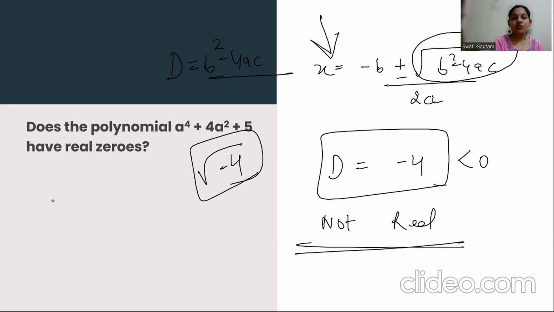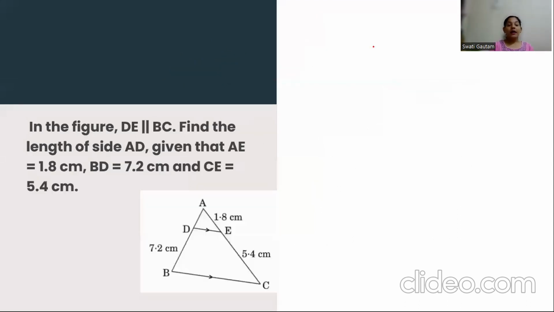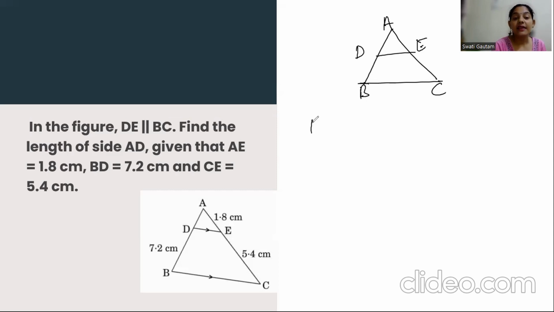Now moving to the next question. So let's go. This is the next question from the chapter triangles. Now in triangles you have learned BPT, that is the basic proportionality theorem, also called Thales theorem. What does that theorem say? That if